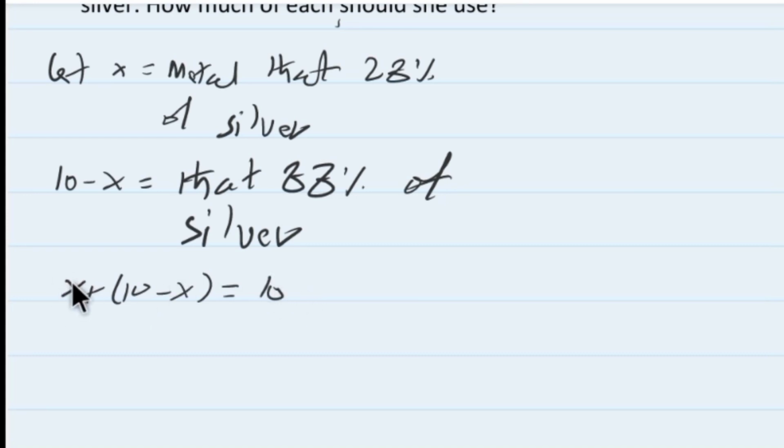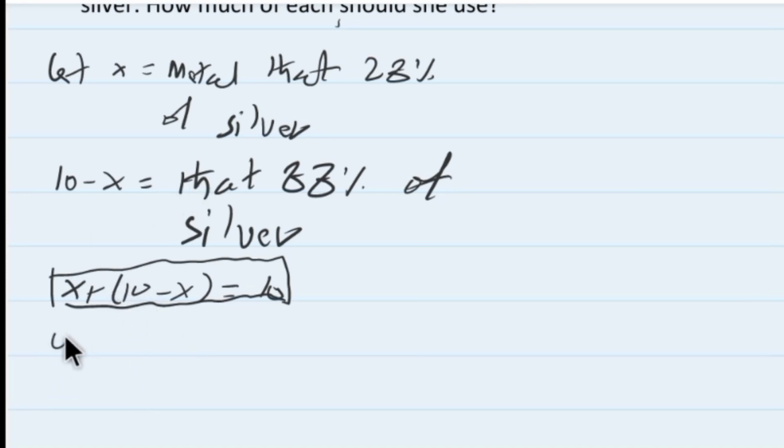But it does not tell us how much percent of x. Our given question says 28% of metal x, but here we have not mentioned 28%. Here again we have not mentioned 88%. So our equation is incomplete. So we also have to mention the percentages of the metals.